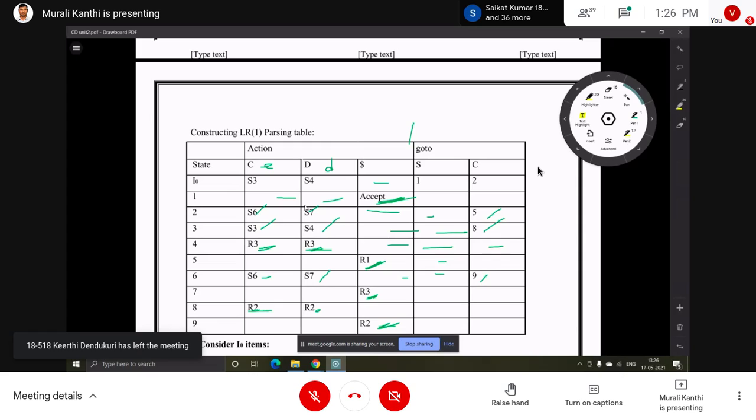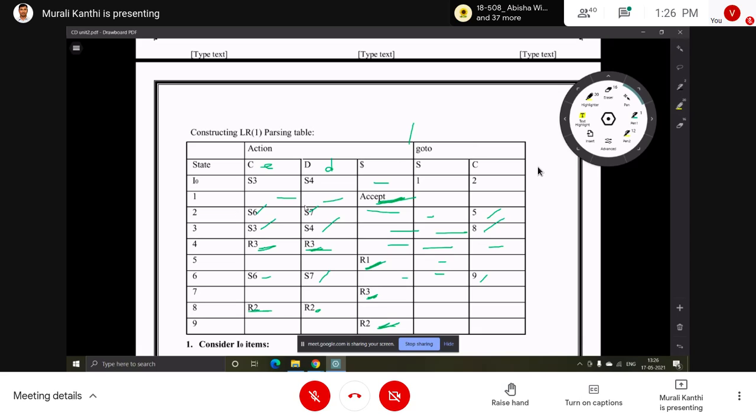Then why is the first set required? To find out the follow set, it depends on the first set also. That's why finding the first set and follow set is compulsory. These are used to perform the reduce operation to fill the entries into the parsing table. That is in the SLR, simple LR parser. Then in the CLR parser, that step is eliminated. That means there is no need to find the first set and follow set before constructing the table.